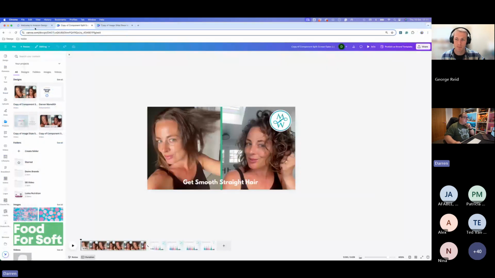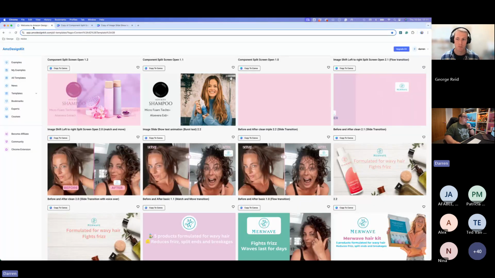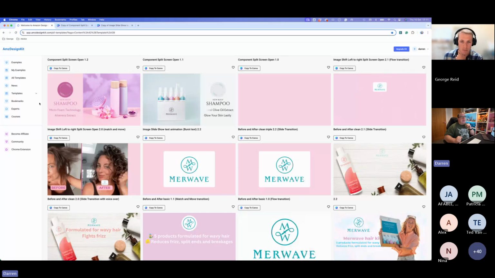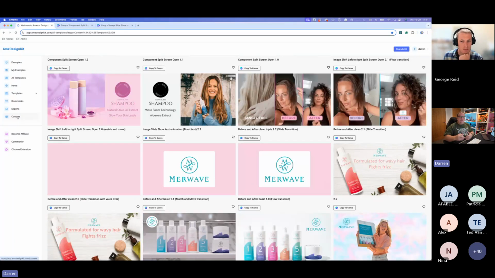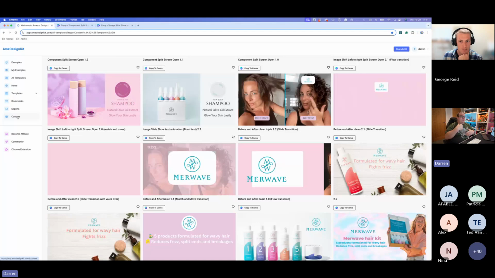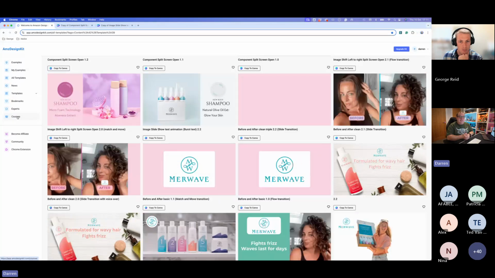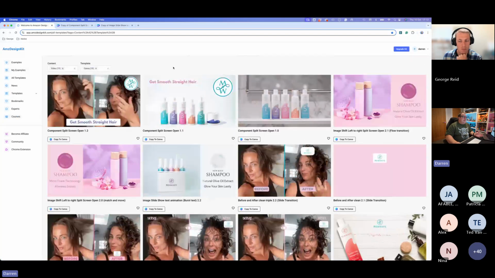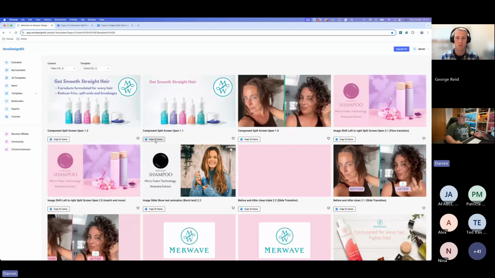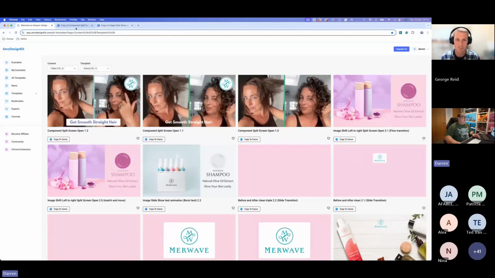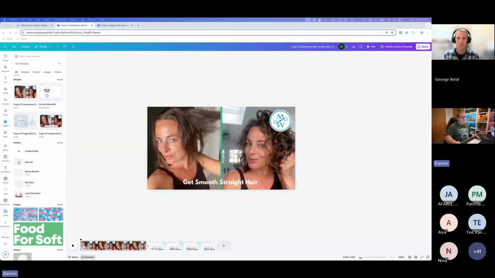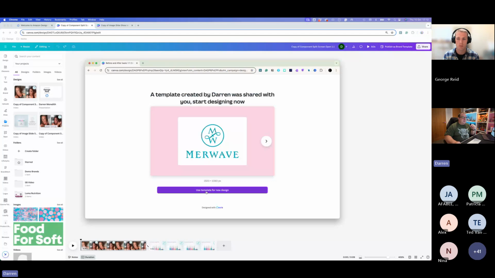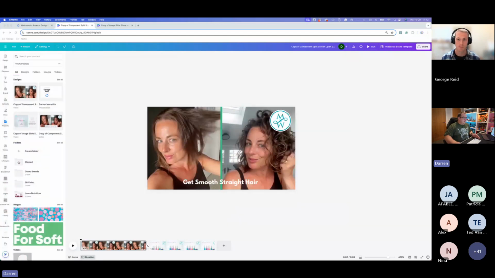Okay, so you'll see when you come into the Amazon design kit, you've got the courses down here, and there's some training in there that I've put together already for George and for yourselves, showing you how to update certain elements inside of Canva. Now, when you come to these different components, all you do is click copy to Canva, and then when you open up your Canva page, it'll look a little bit like this. Hopefully you can see that, and it'll say use this template in a new design. That's going to open that up for you, and it'll look like this.